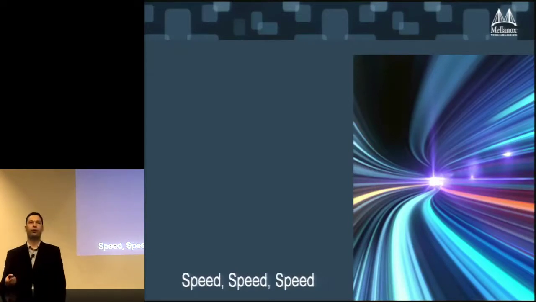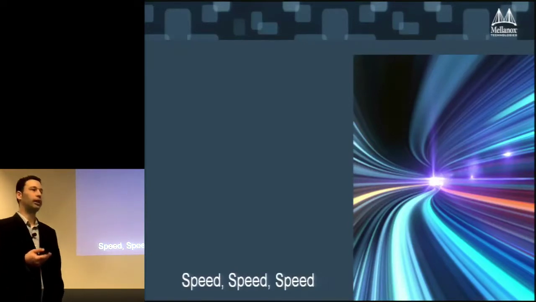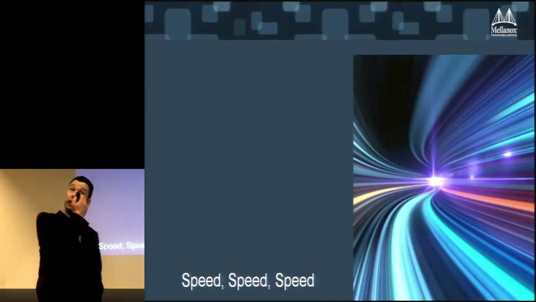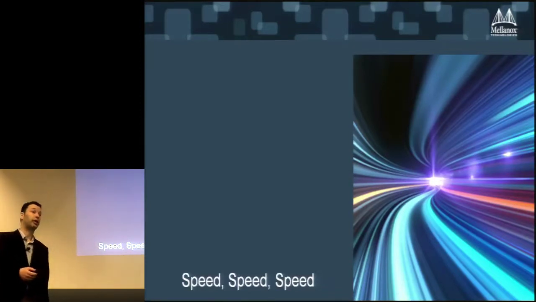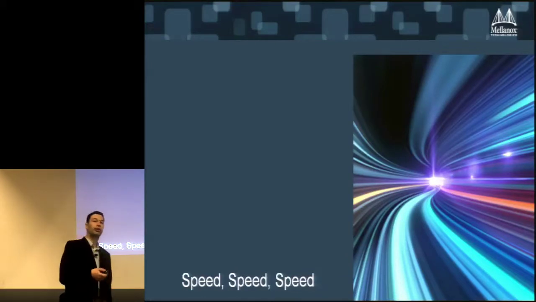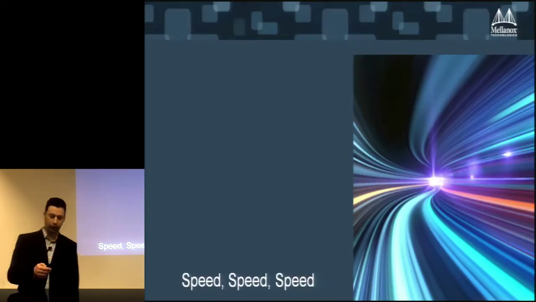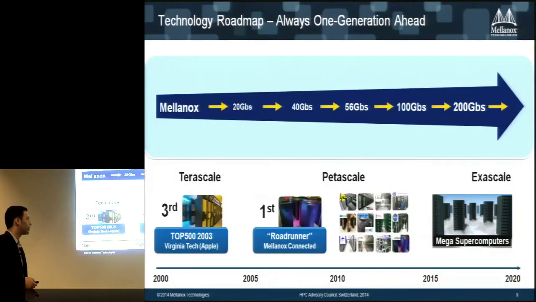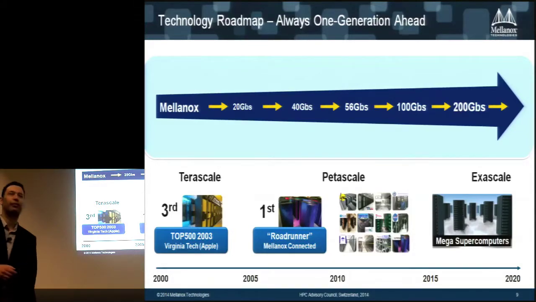And as we move forward into 100 gig EDR and beyond EDR, it becomes more and more challenging to deliver. And this is why we keep looking at new technologies that will enable going forward to 100 gig and beyond. Definitely, if you're looking at exascale computing, we're going to evolve through 100 gig and 200 gig and maybe even manage to squeeze in the generation following the 200 gig to reach exascale computing in 2020.